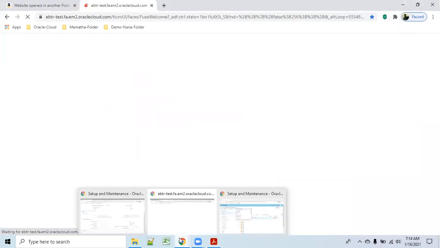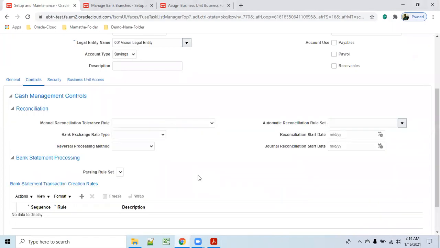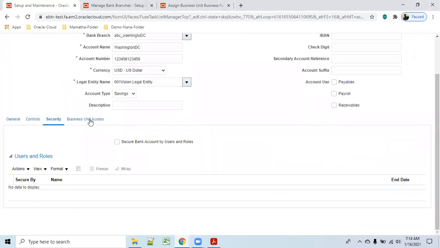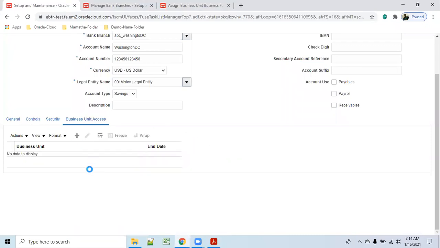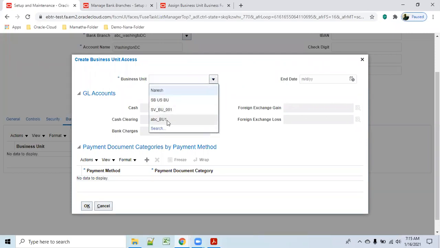These and all the remaining are not required. Go to controls. Reconciliation is for finance. So for BU, provide your BU access. My BU is ABC.